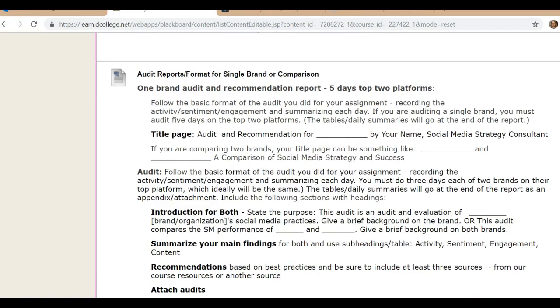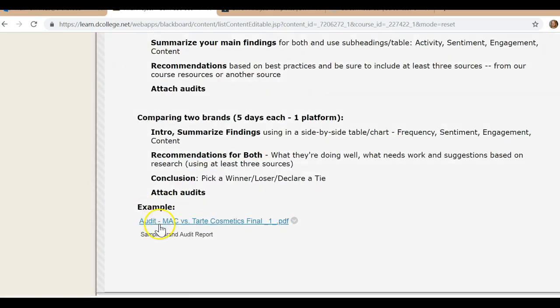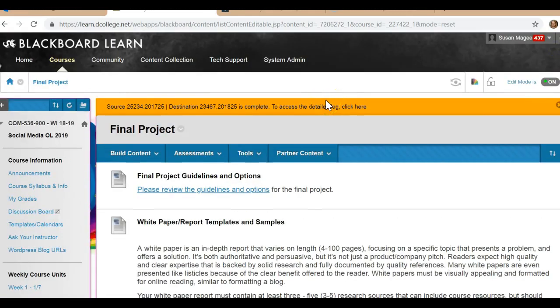So the other option is, now some of you would never want to audit again in your entire lives. I totally understand. But some people do. And actually 2 people already have told me that they want to do this. You would do a brand comparison, and then you do a report similar to kind of a white paper, but it's really focused on these 2 brands. But then you want to make it sort of like, what can we all learn from what these two competitors are doing about social media? And I do have a sample of a student who did one for MAC versus Tarte Cosmetics. So you can look at that too. So you have choices. If there's something else I have not thought of, please tell me and let me know.